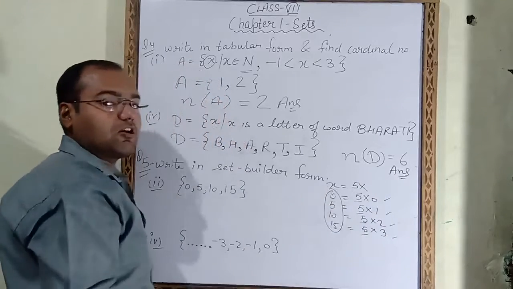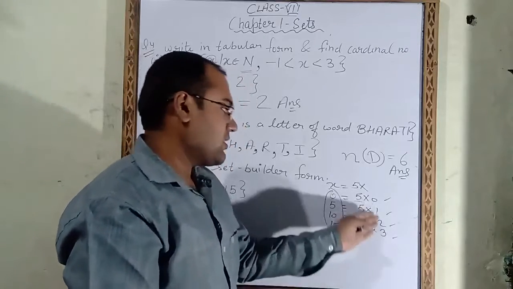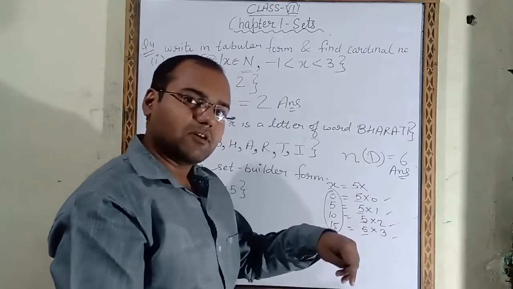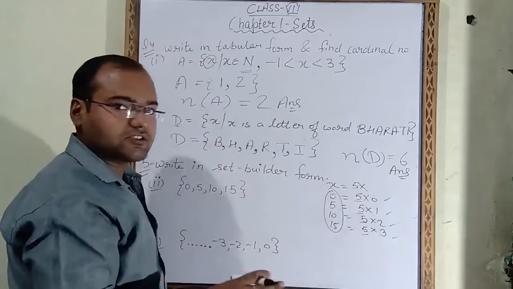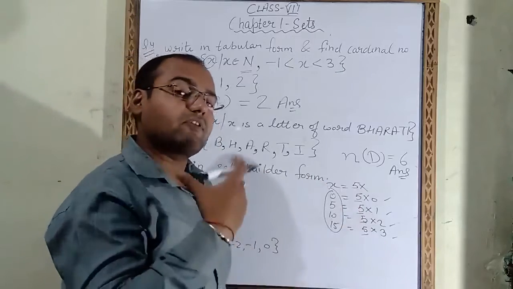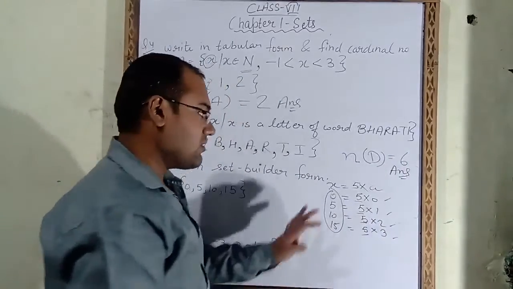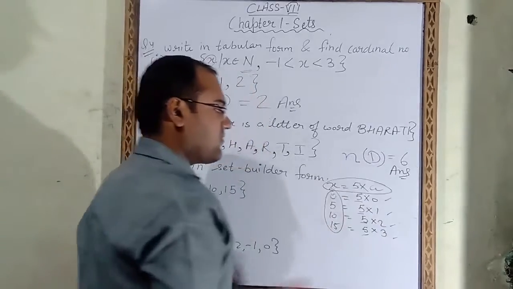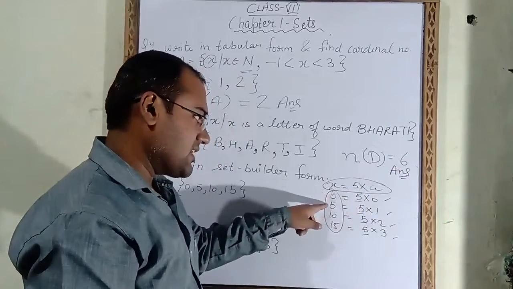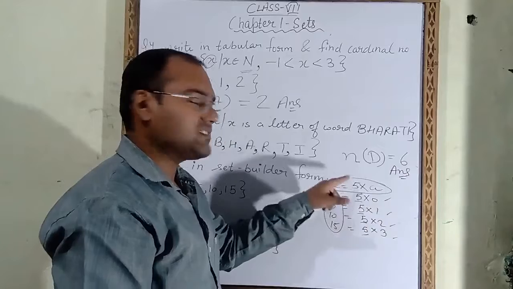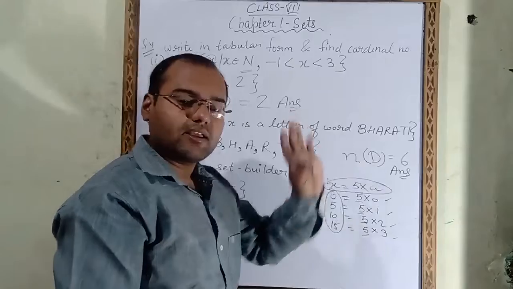Now after that we will observe that 0 is coming, then 1 is coming, 2 is coming, 3 is coming. Every time a new number is coming. So we will give it one alphabet name. Already we had taken the alphabet x, so we will not take it again. Now we will take one new alphabet. We can give any alphabet name. Suppose we have taken A. So we got one equation here: x is equal to 5 multiplied by A. That means in order to find these answers, we have to use this equation.